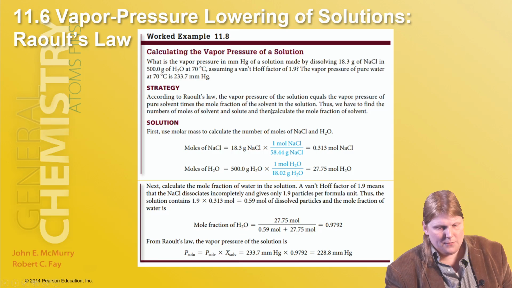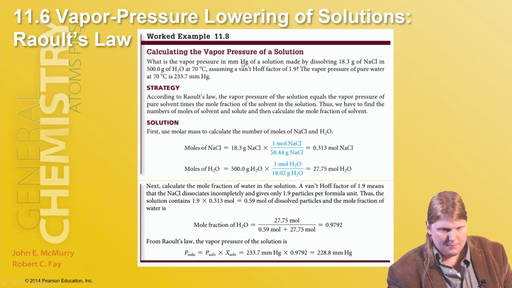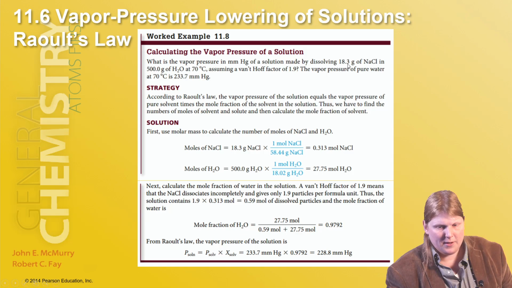So keeping all of this in mind, right? They say here, what is the vapor pressure in millimeters of mercury for a solution made by dissolving 18.3 grams of sodium chloride in 500 grams of water at 70 degrees Celsius, assuming a Van Hoff factor of 1.9. So what they've done here is they've said, okay, we're going to convert these grams to moles, right? And also get the moles of water so we can set up the mole fraction. So what they did is they took the 1.9 times the 0.313 to get this